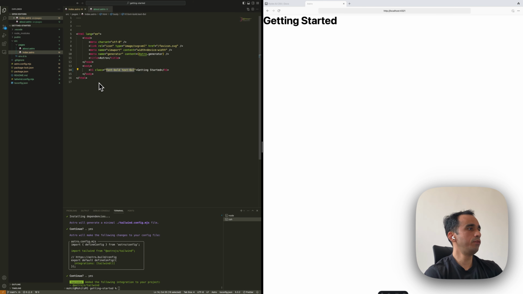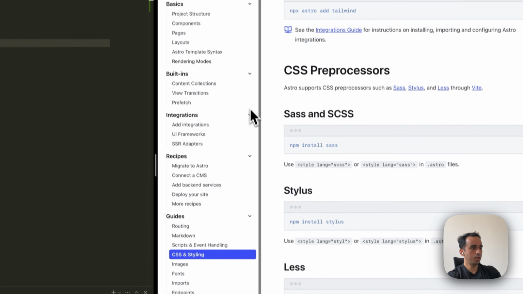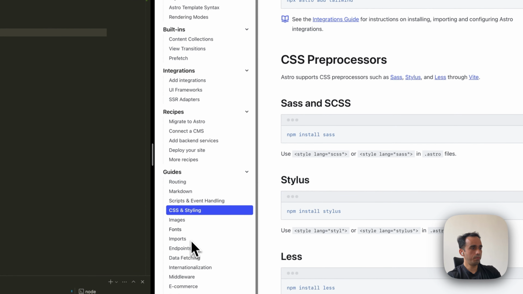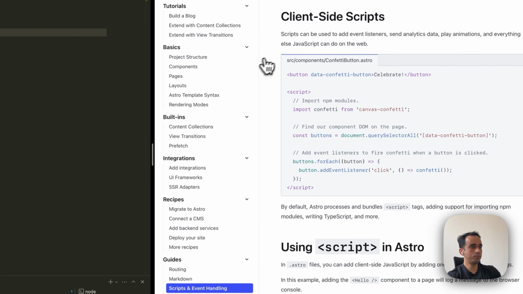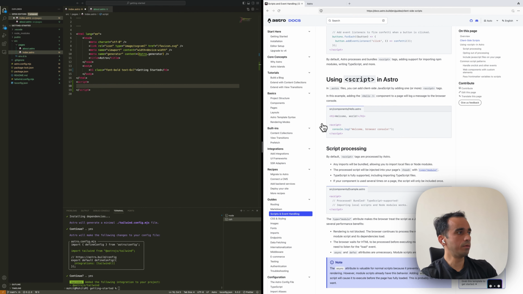The next would be, let's say, we try to add some script on the page. So I'll open a script tab. How it works is that this script will be specific to the page. It will not work throughout the website. It's just for this page. There are methods to make it global as well, but I think that is something to be taken in a different video. This is specific to this getting started